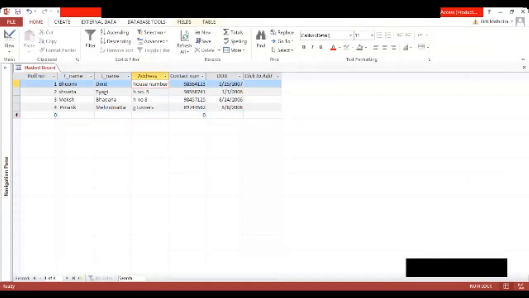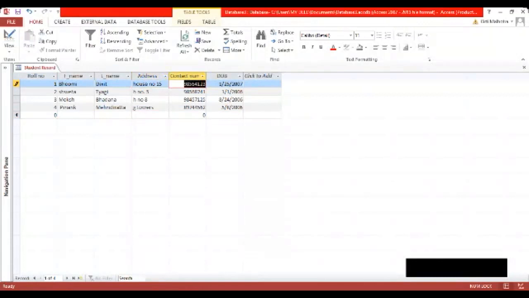I will just click on her house number and do the editing. Suppose her house number is not 17, her house number is 15. Fine. I will press the enter key and it will move to the next part.